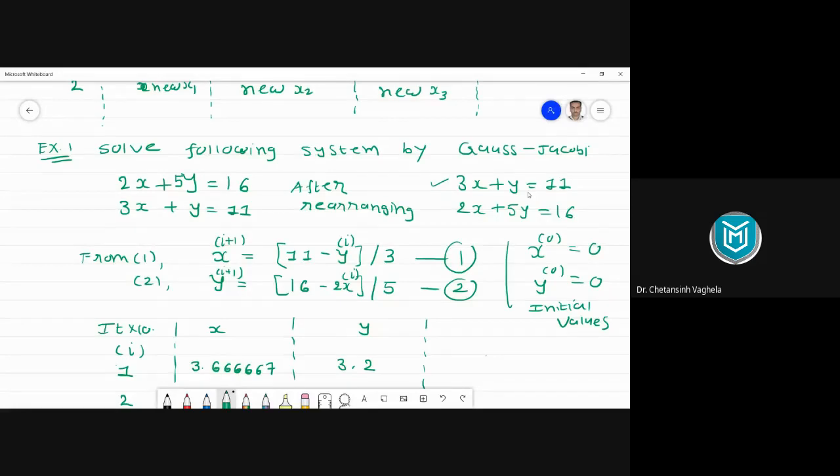we'll discuss the second method, which is a similar kind of method, but it has one minor correction. The way we are creating the formulas for x and y, that process is different in Gauss-Seidel, and because of that process, it is faster than Gauss-Jacobi, right? So I'll explain that part when we discuss that method. I think we don't have much time left to discuss the whole method today.